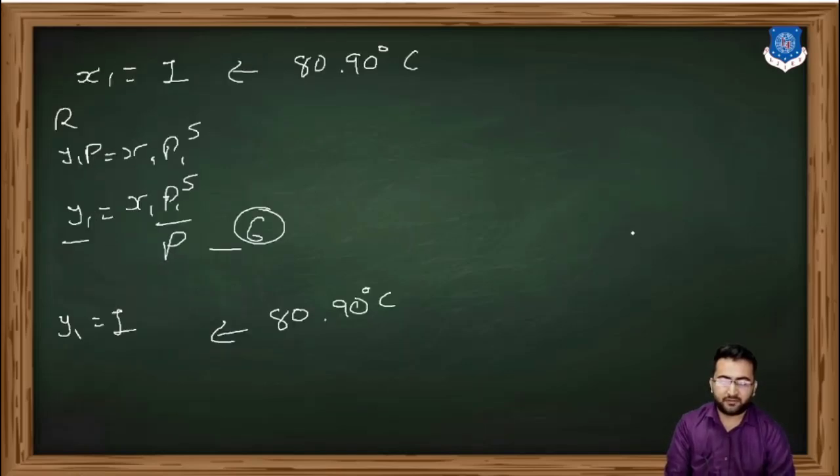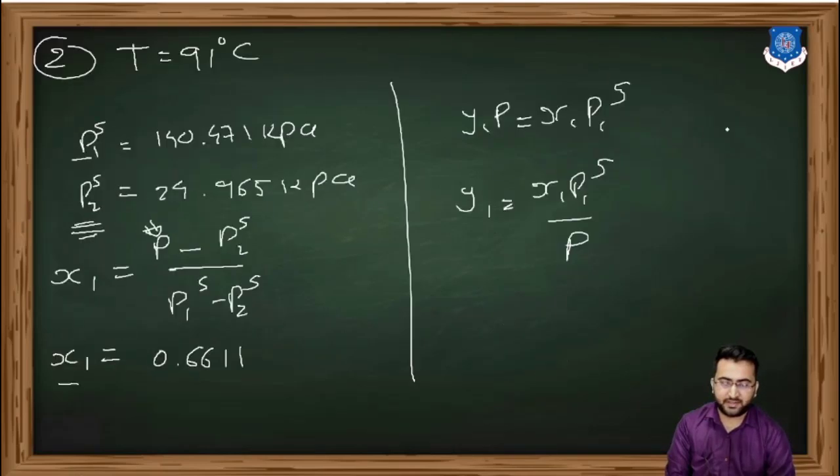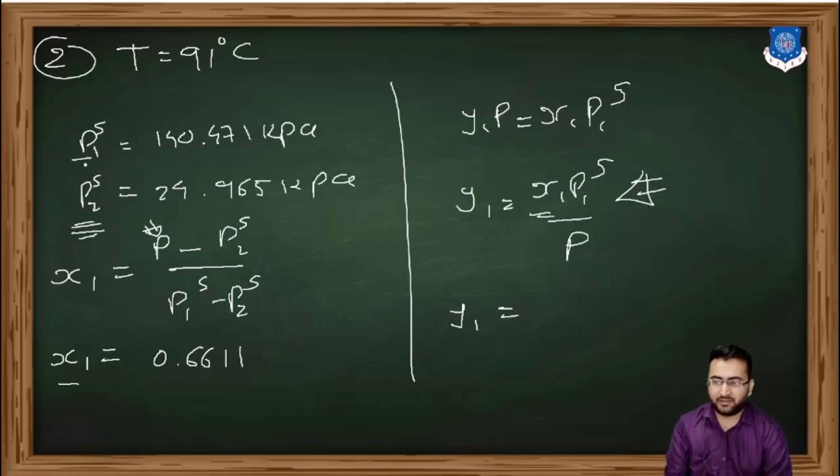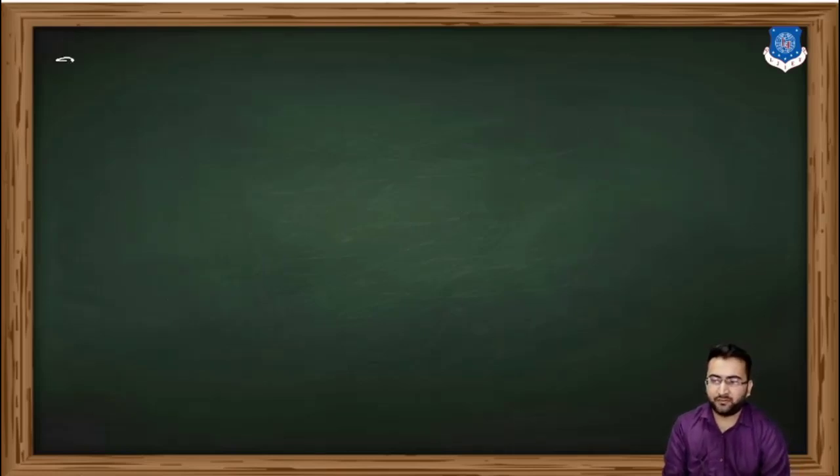So this is our equation number 6. Using equation number 6, we can find the value of y1 by putting in the values of x1 and P1. So we will get the value of y1 as 0.9164. Similarly, we have to calculate for the temperature T equal to